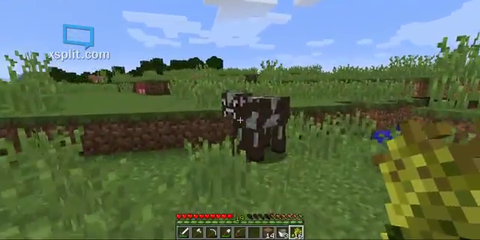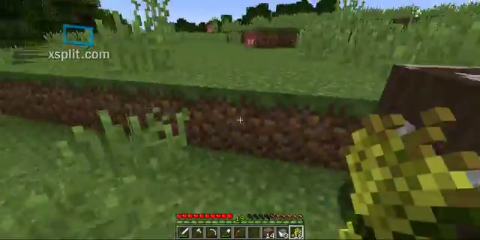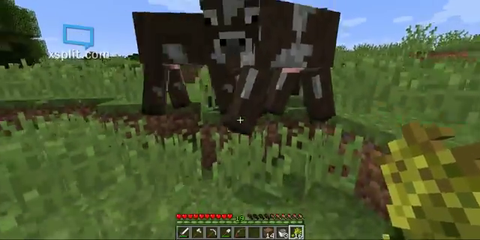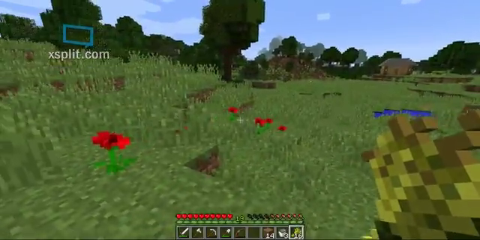You can see this is a bit of a pain in the butt. It was pushy until you decide to comply. Cow compliance. There we go. You can see there's a wee little bit of a cooldown. They take a second or 2 to start following you. Anyway, the